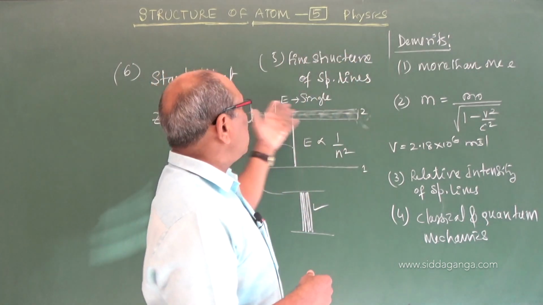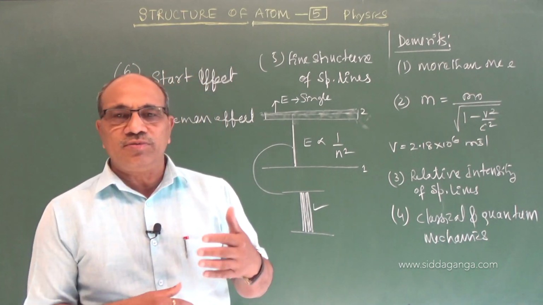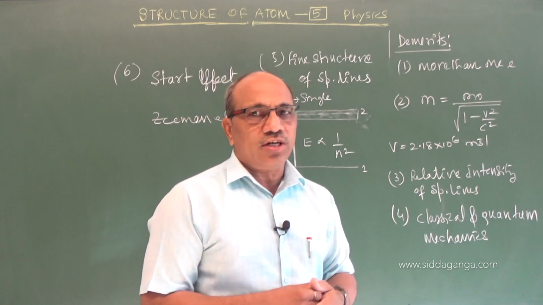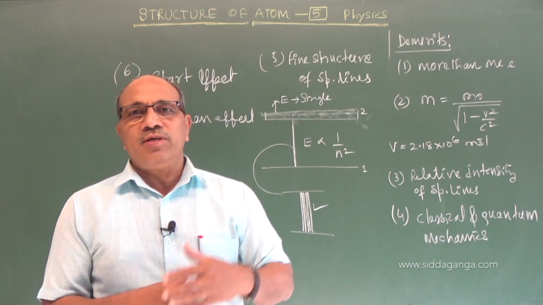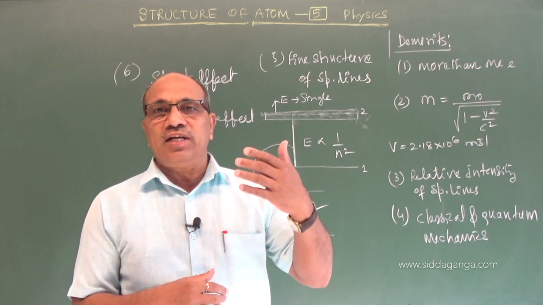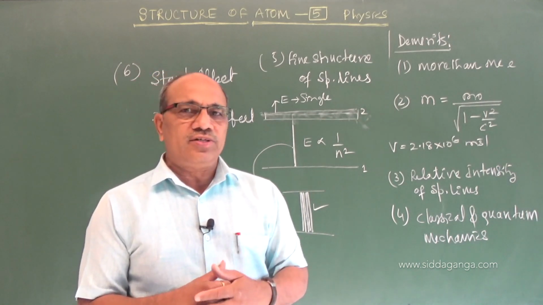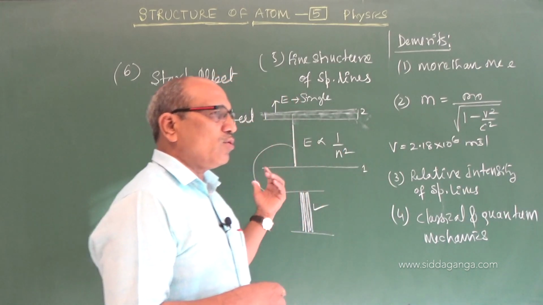And splitting of spectral lines under the influence of a magnetic field, called the Zeeman effect, and under the influence of an electric field, called the Stark effect. Splitting of spectral lines means there may be orbital changes. The energy of the electron may take different values and cause new spectral lines to be emitted. How this happens is not explained by Bohr.